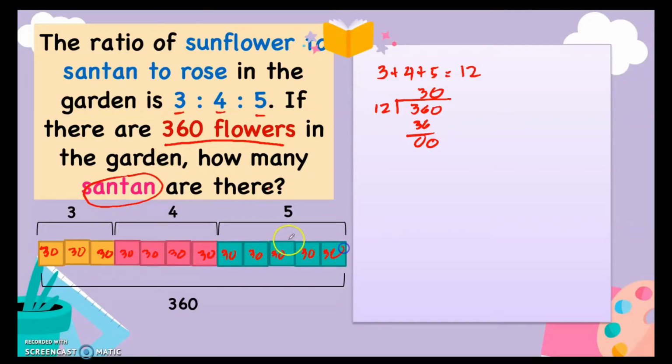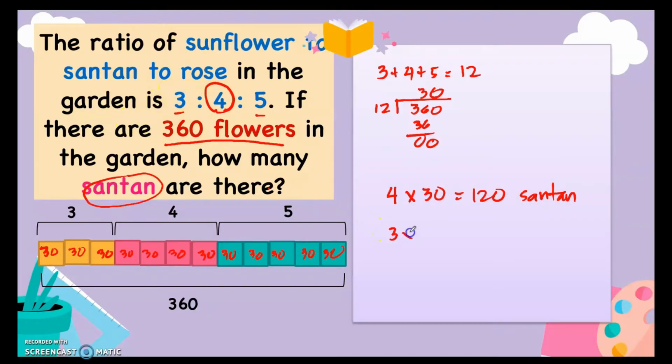Then, how many santan are there? And we know that santan has 4 parts. It's in the middle. So what we're going to do is multiply 4 times 30, and our answer is 120 santan. If you also want to check how many sunflowers there are, you just have to